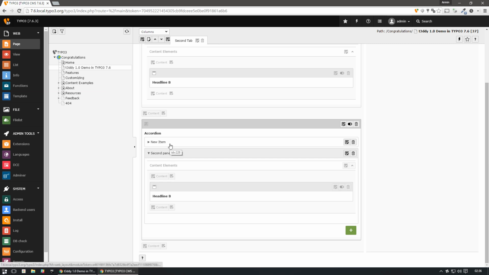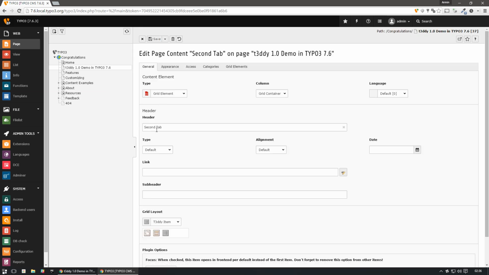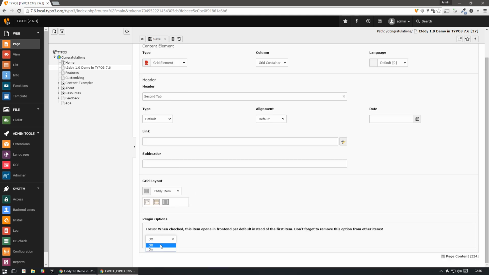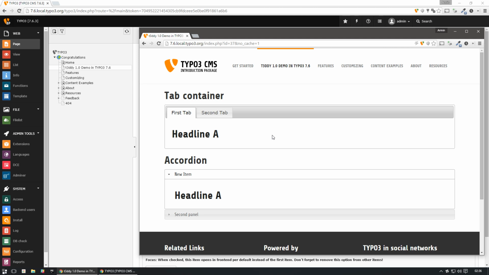We have some options I want to show you that we can use. Inside of an accordion panel or a tab, it doesn't matter, we can select the option focus. When we enable this option, the item is focused when entering the page. So I refresh the page now, and you see it's not the first tab which is active,